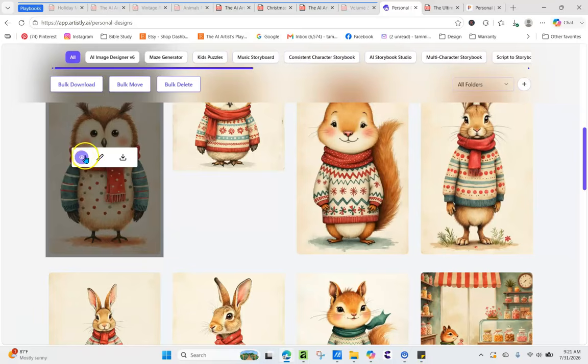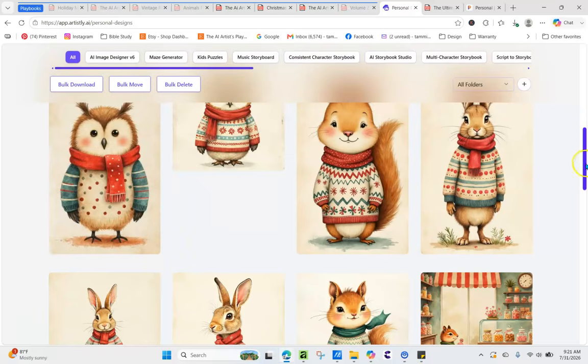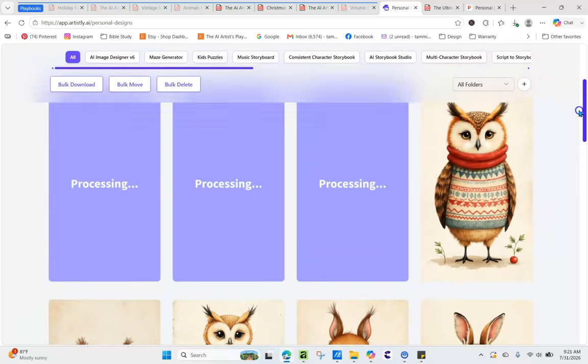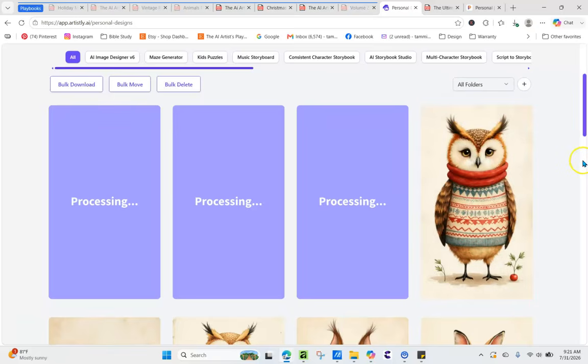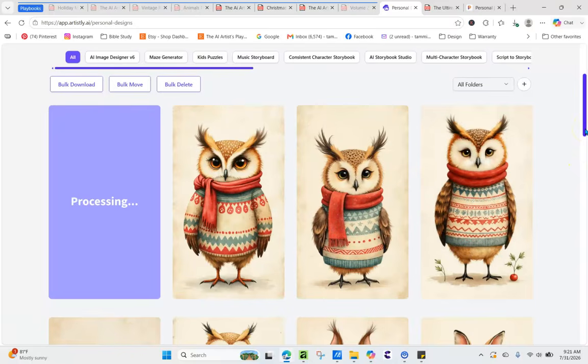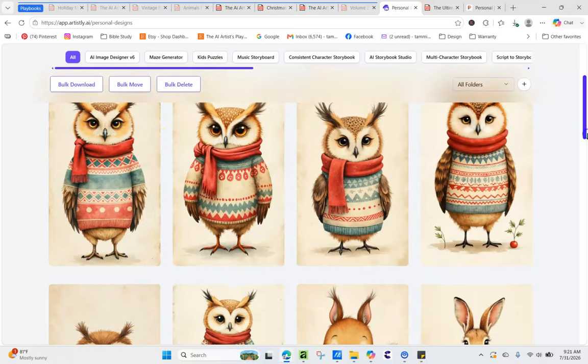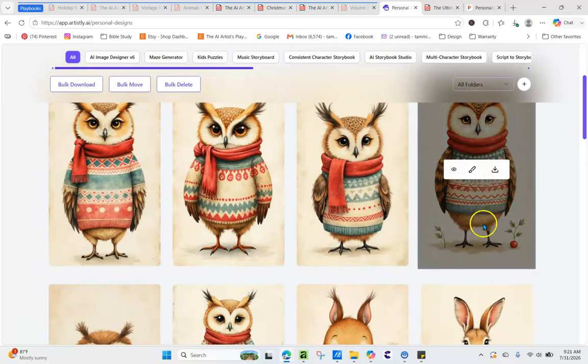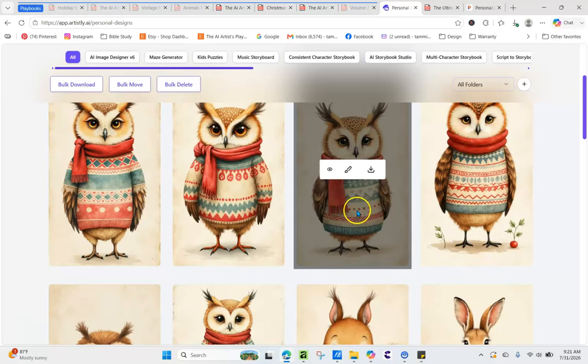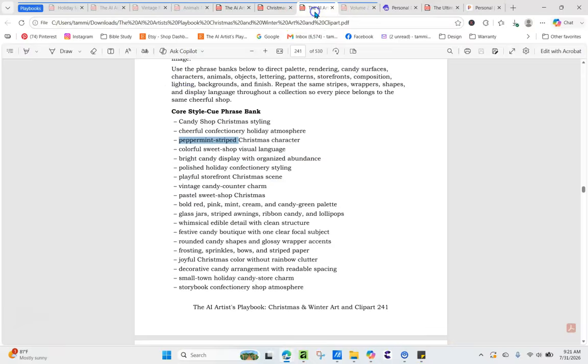I really like the owls. I think that's really cute. We could put them with trees. See, there's another owl wearing sweaters, different kinds, different looks. So now we have all these owls. We could change just the design direction. The Christmas Playbook, I mean, it's just